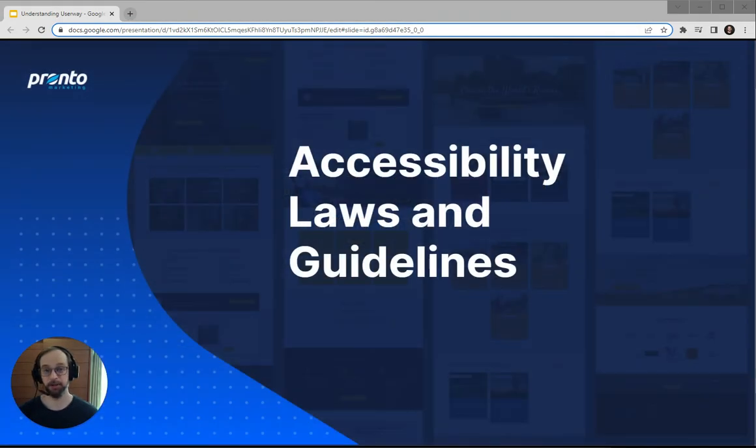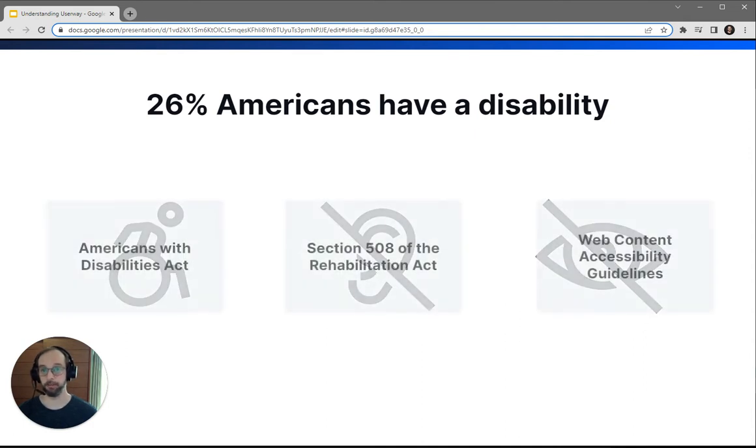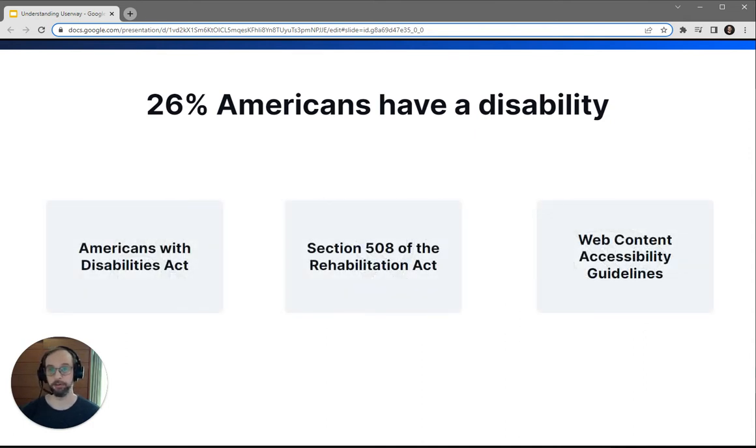First, I'd like to talk about accessibility laws and guidelines. About 26% of Americans have a disability. That's why the government has passed laws over the years to help define what equal access means. You're likely familiar with the Americans with Disabilities Act, but there's also Section 508 of the Rehabilitation Act and the Web Content Accessibility Guidelines, which are not a law but give us best practices about how to make websites and